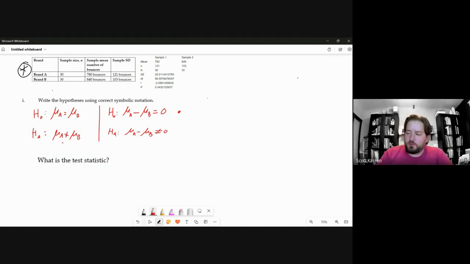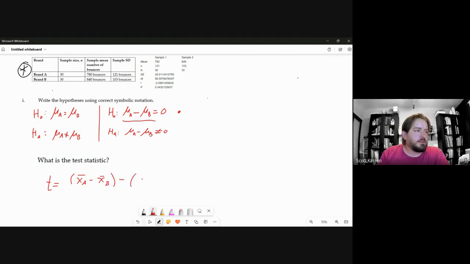Right. The first one is the t formula itself. The t value is the difference between my sample means. So it doesn't matter which one I choose, x-bar B minus x-bar A, right? Or if I want, since I've written A minus B, it might be nice to stick with that notation, but ultimately it doesn't matter because I want to know if there's a difference. It doesn't matter if that difference is positive or negative. So I'll write it though as sample mean of A minus sample mean of B,